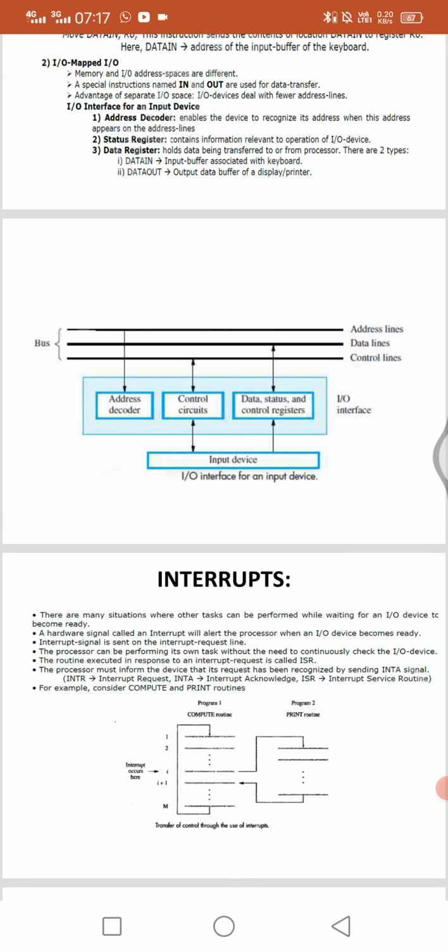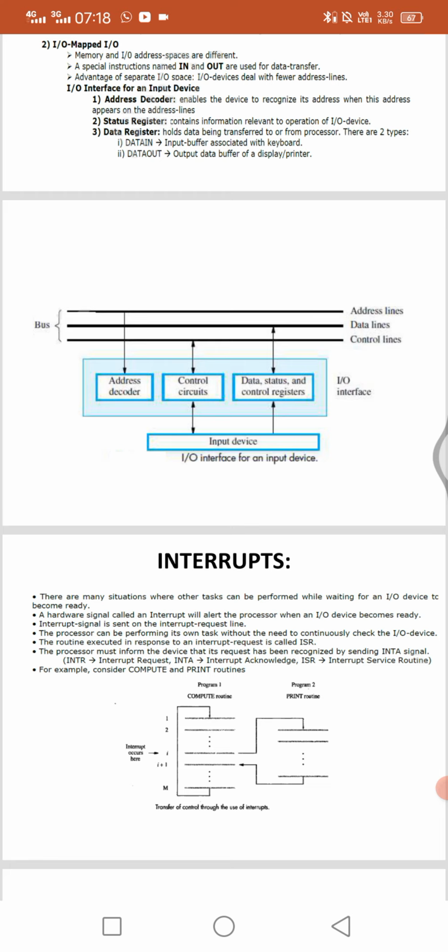Now, the input and output interface for an input device. We generally have three things: address decoder, status register, and data register. The address decoder enables the device to recognize its address when this address appears on the address line. Whatever address appears on the address line is first decoded with the help of the address decoder.